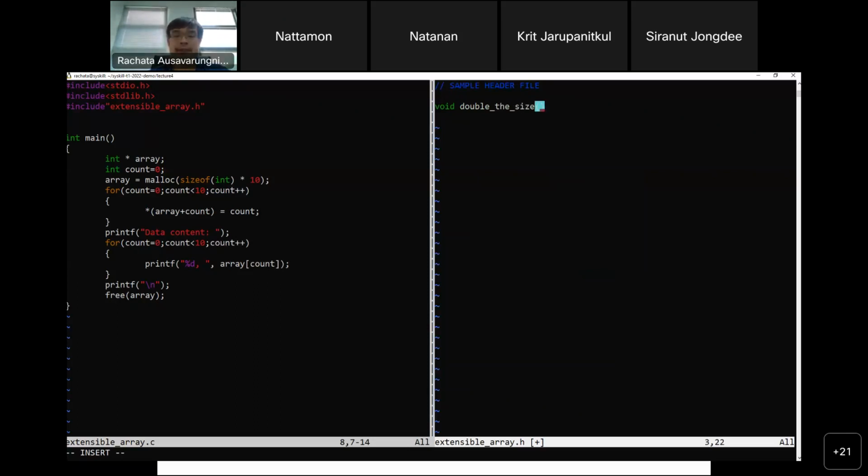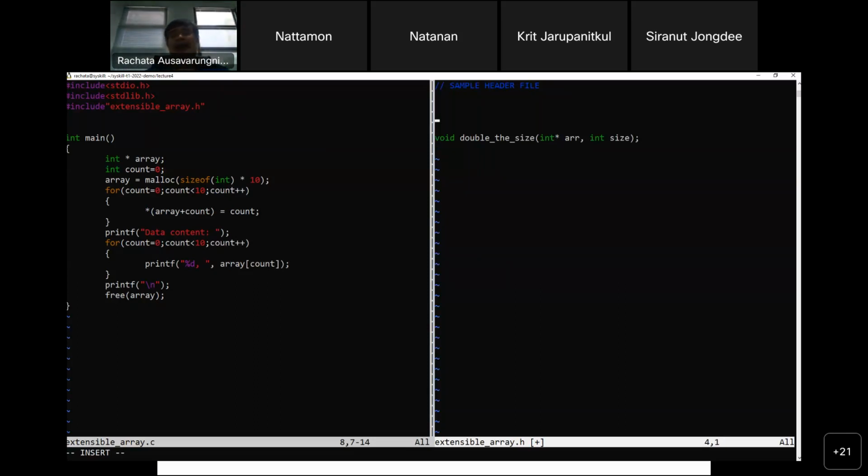That takes in your array and then the size of your array, right? So that's a header file. The header file's purpose is basically to tell, hey, in this program, there will be a function called double the size. I am not going to implement it yet, but there will be that function.